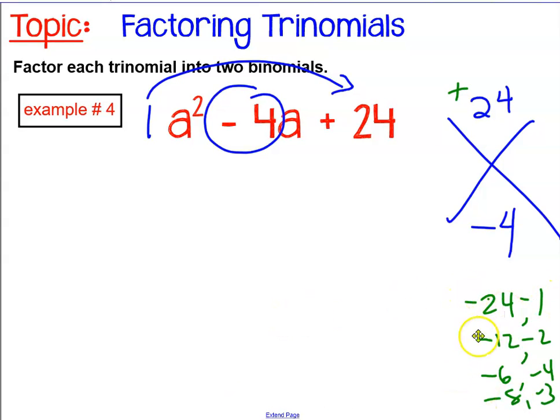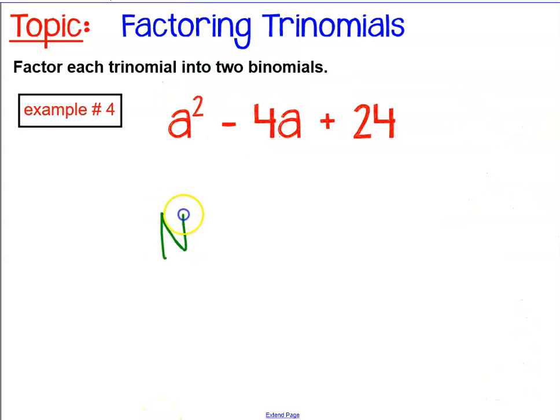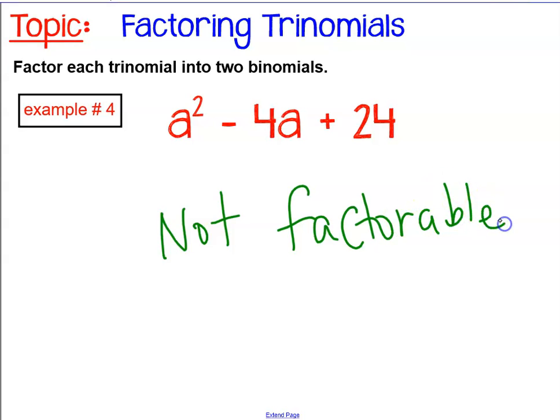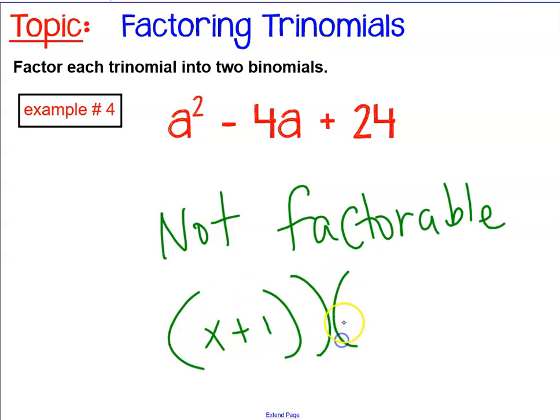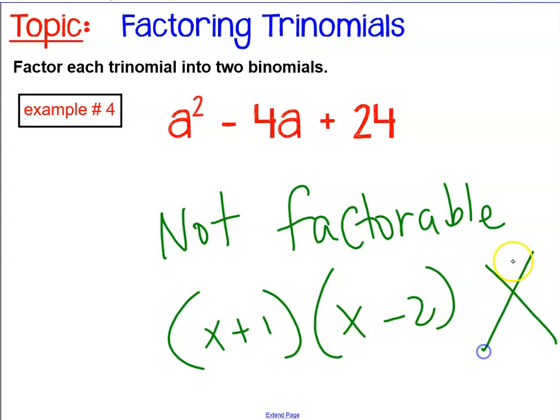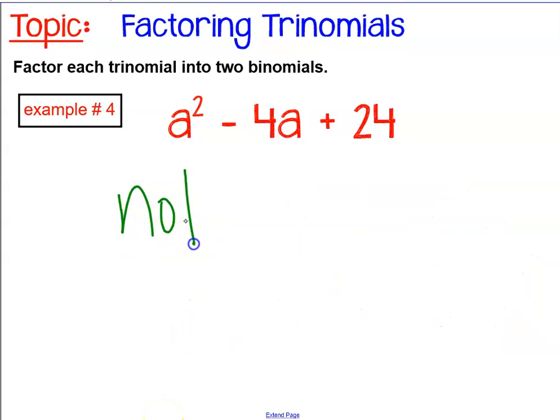It looks like there are no factors that will give me a sum of negative 4. So I know this seems strange, but for you today you're going to write not factorable. Now sometimes that happens. Now it doesn't mean that there aren't factors, but the factors just aren't whole numbers. See, when these factors are whole numbers like this, it's very easy for us to find them in the pattern. But when the factors are rational numbers or decimals, then for today, we're just going to